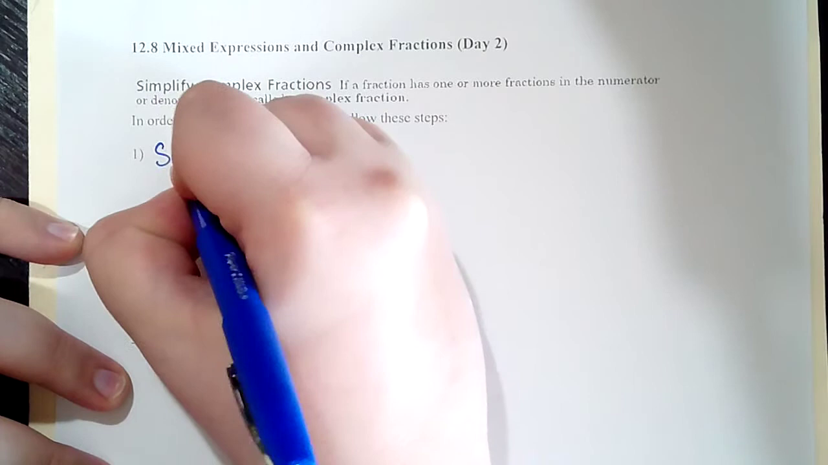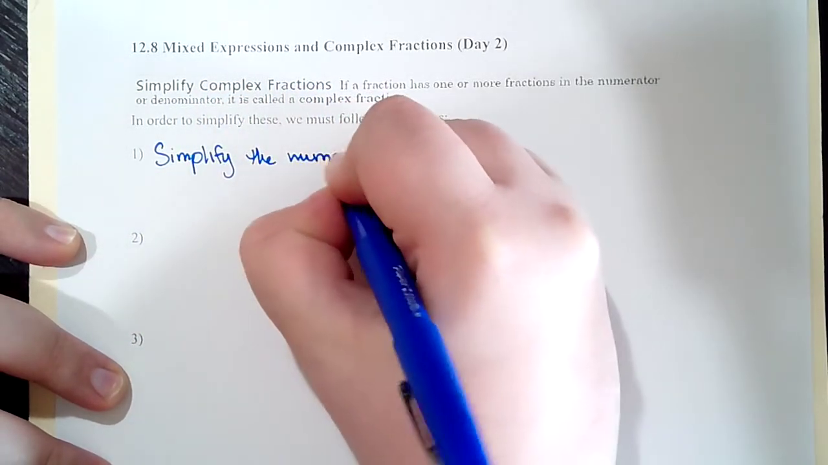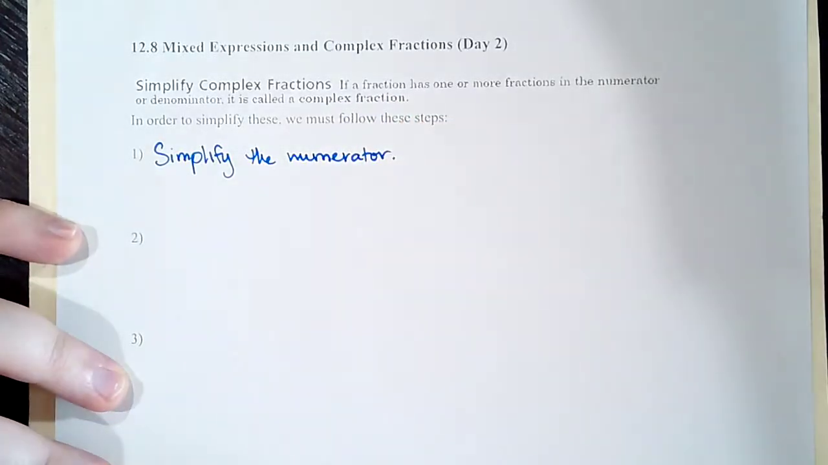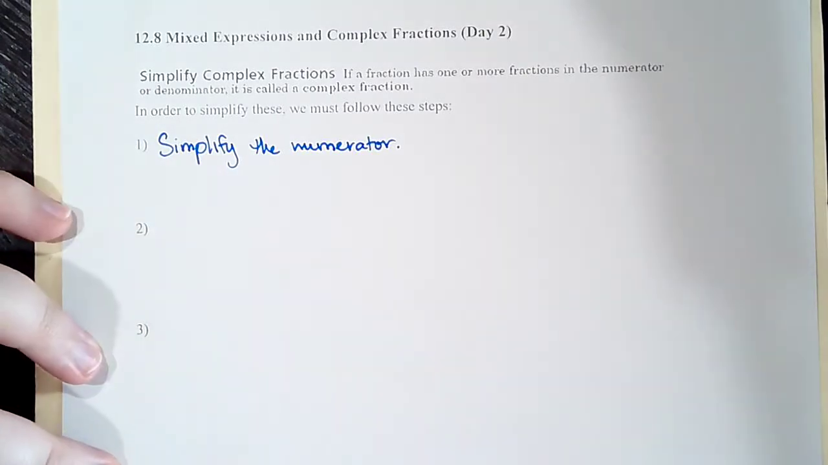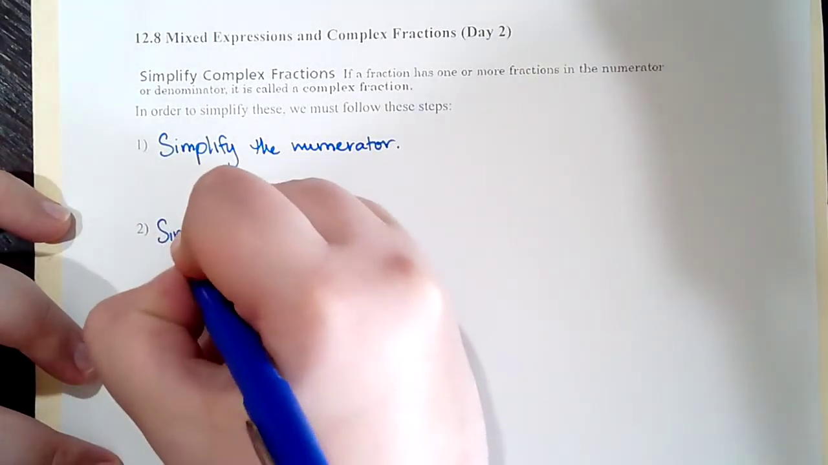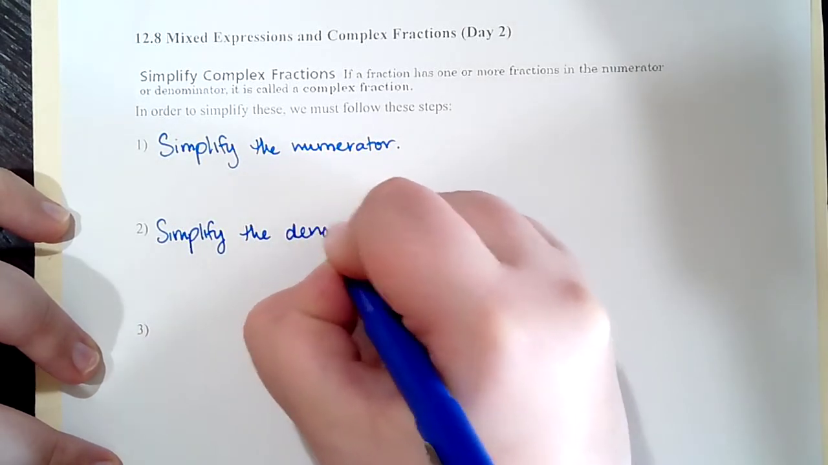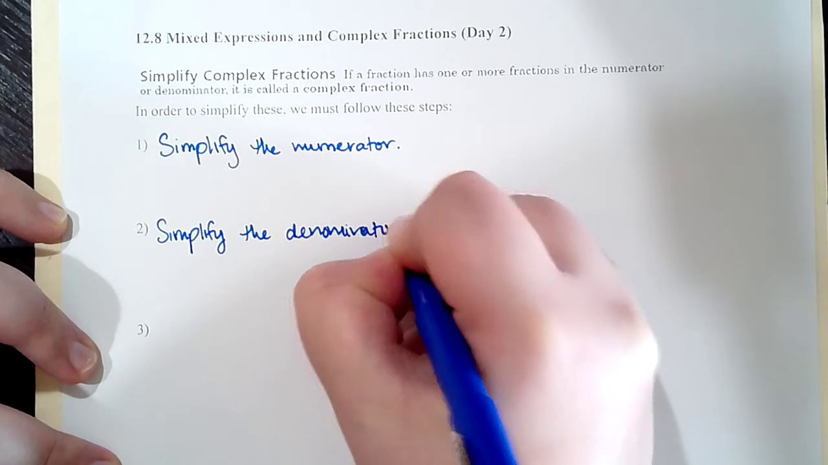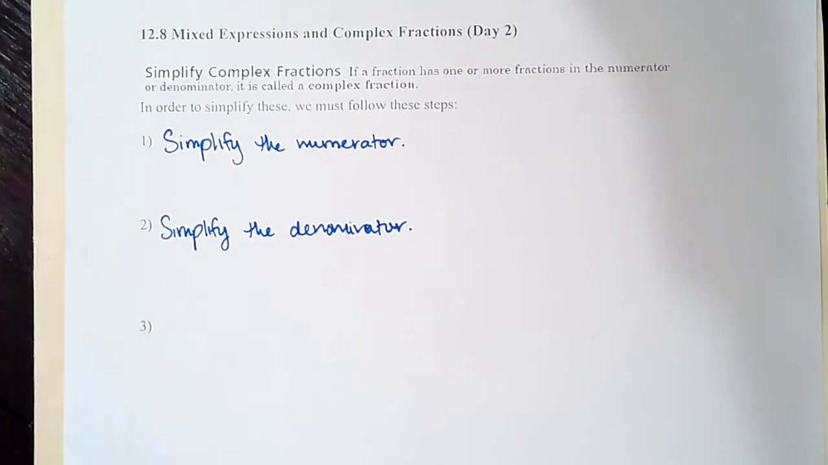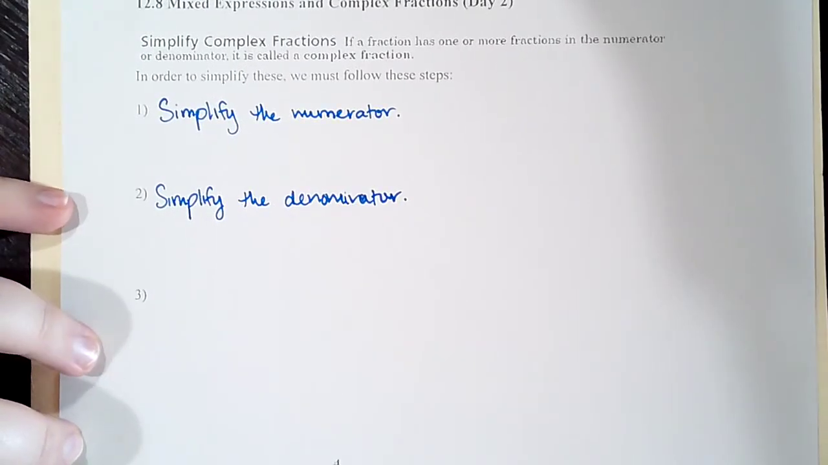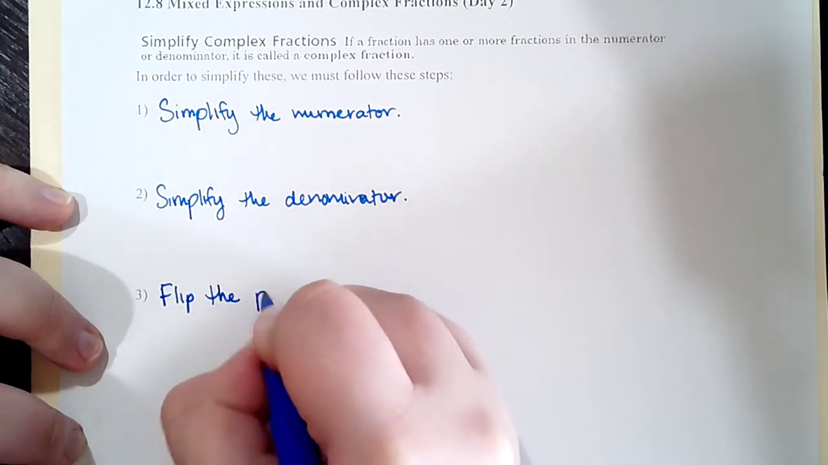The first one is simplify the numerator. We've been doing that in our past videos, so this should come as no shock to us. It makes sense then that if we're going to simplify the numerator, we don't want to leave anyone out, and our next step is going to be to simplify the denominator. Now, since there's no other piece of a fraction other than the numerator and the denominator, once we've done this, we are going to flip the problem